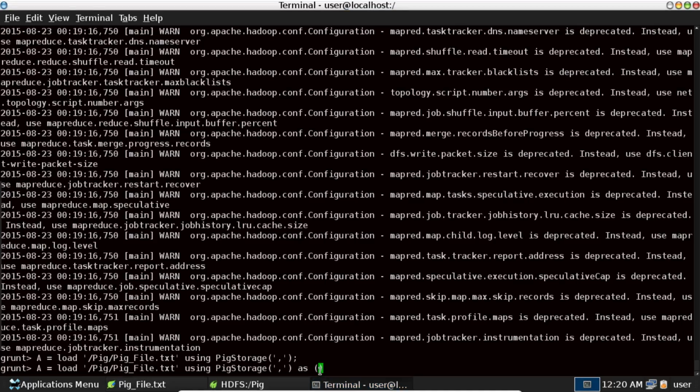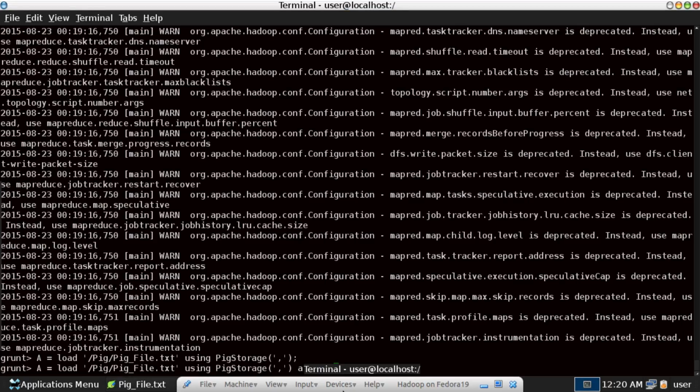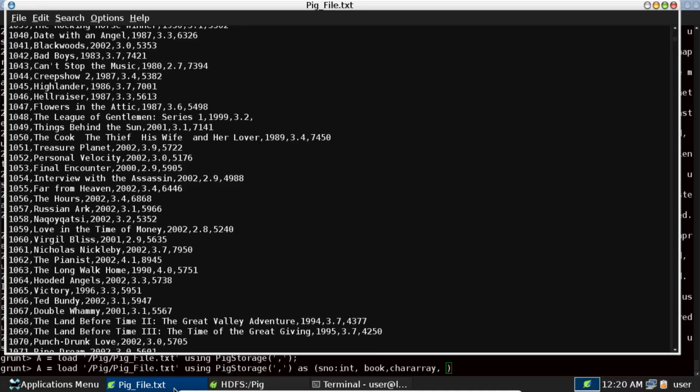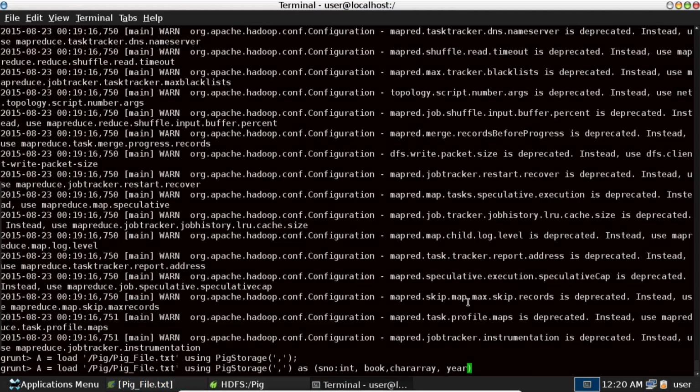As serial number colon int comma, next is book colon chararray. What was the next one? I think it was year. Yes, year. Sorry, it's book colon chararray. That's how the syntax is. Year colon int comma